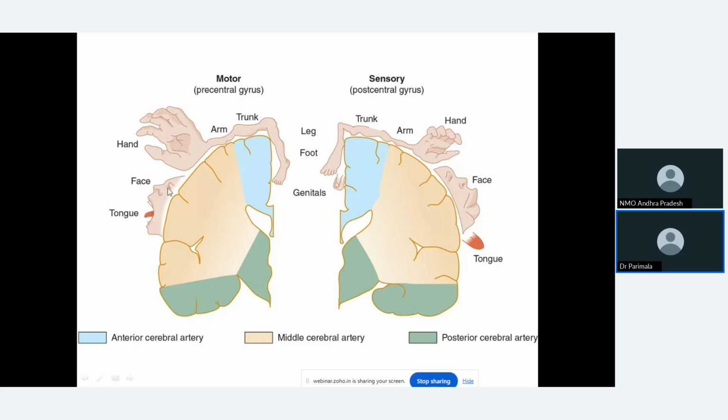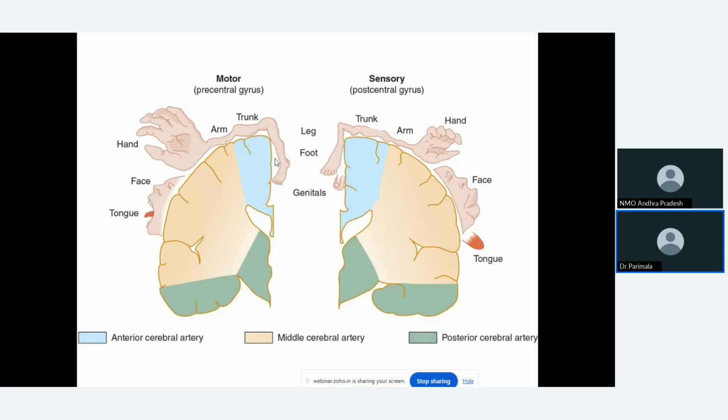In the motor area, area number 4, the main motor area, the body is represented in an inverted manner. At the lower end, close to the lateral sulcus, the face, tongue, pharynx and larynx have the maximum representation, followed by the hand, then the arm, the trunk, and the thigh part of the leg. The thigh will be on the supralateral surface, while the leg and foot will be on the medial surface, and even the perineum is also on the medial surface. Once again, the face, upper limb, trunk and thigh of the lower limb will be on the supralateral surface. The leg, foot and perineum are on the medial surface.